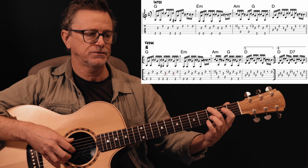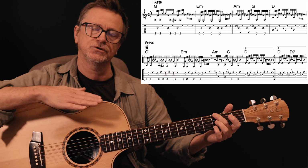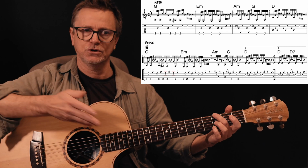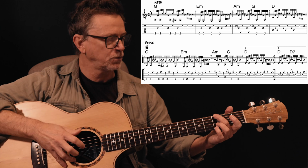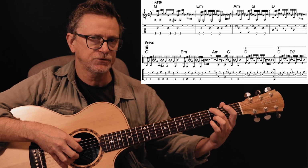So the actual verse, and I'll play it accurately the second time through, because what I'm going to do is just play through this whole tab from start to finish without speaking or stopping, and you can follow the tab, and hopefully that'll be a really helpful way of doing this song. So the second verse, you